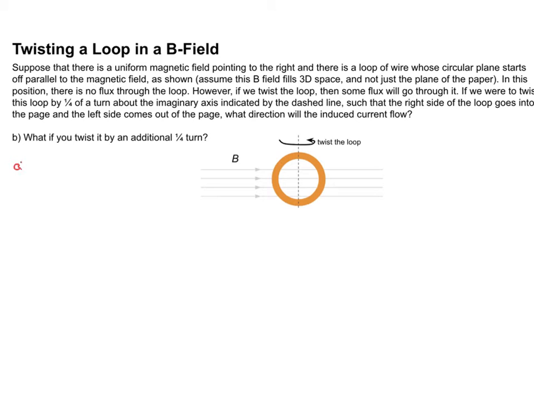So part A, it goes from 0 flux to having flux to the right. That's the direction of the magnetic field. So this change in flux induces a current